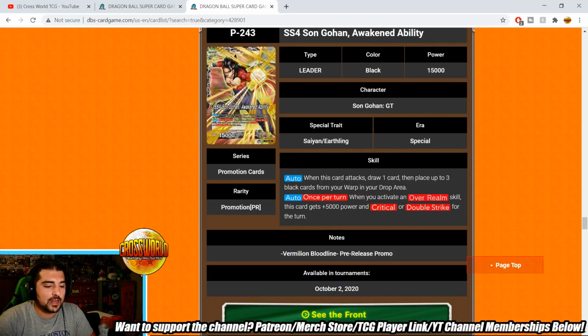Auto, once per turn when you activate an Overwhelm skill, this card gets plus 5,000 power and critical or double strike for the turn. Now we don't know exactly how that's going to be ruled, but odds are you're just going to be able to pick. You could pick crit or double strike, and that's probably how it will work. This leader I do think facilitates straight up Overwhelm pretty well, maybe a little bit better than SS4 Goku,